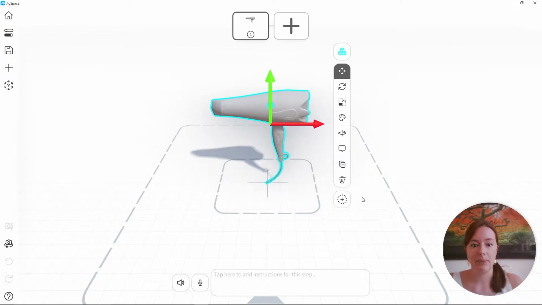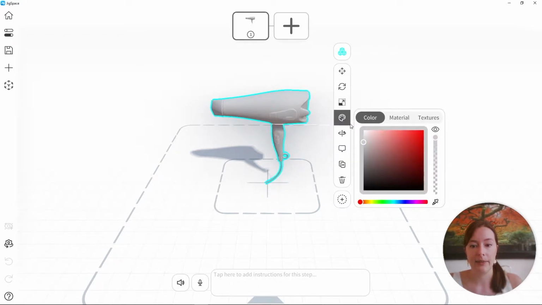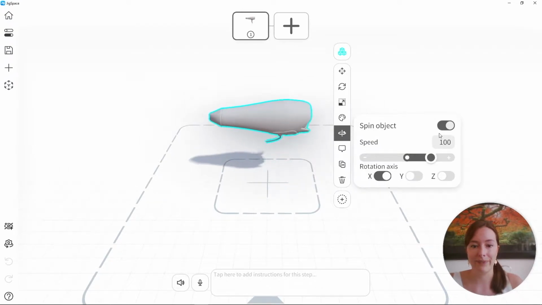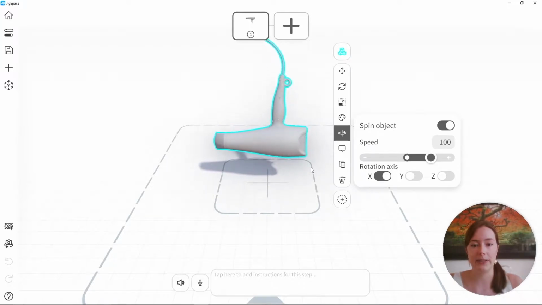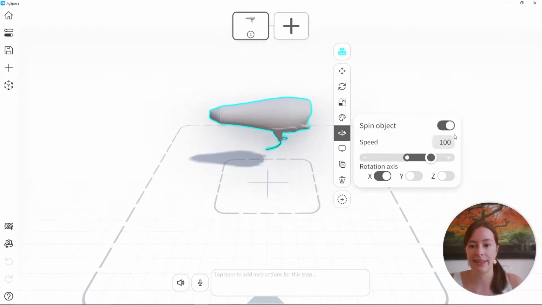So as you can see, our model has loaded into the scene, and at the right-hand side, we have the Jig toolbar. This contains a number of tools that allow you to move and interact with your objects in the scene. Right now, we are on the Move tool. We also have Rotate, Scale, Color, which allows you to change color, transparency, the materials or textures on your model. We also have Spin. If I turn this on, you can add spin to many objects within your scene. This can be especially useful for things like propellers.